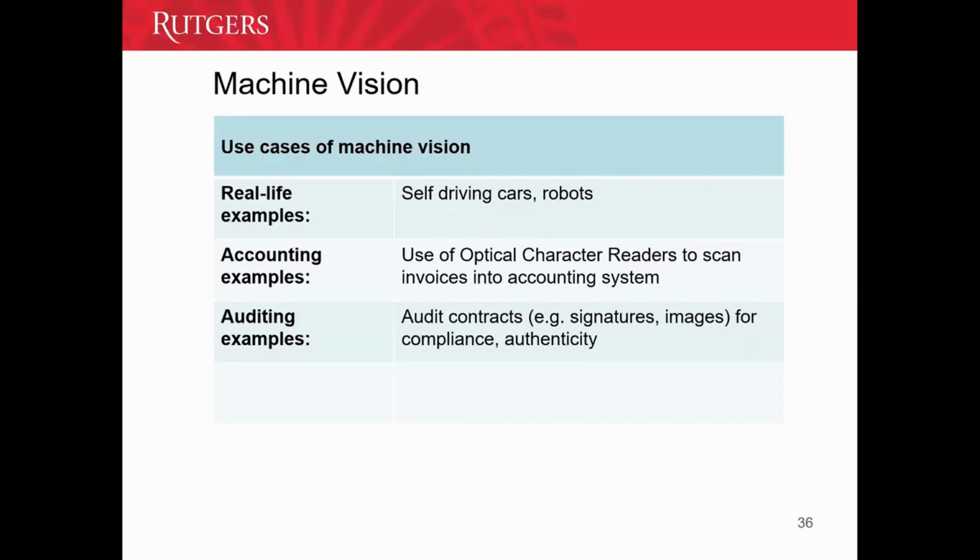Previously, accountants had to key in each of the data that is within the invoice into the financial system. However, by using optical character reading, they're able to just scan the data which is within the invoices directly into the accounting systems. So this machine vision capability indeed is able to save a lot of time for accountants and